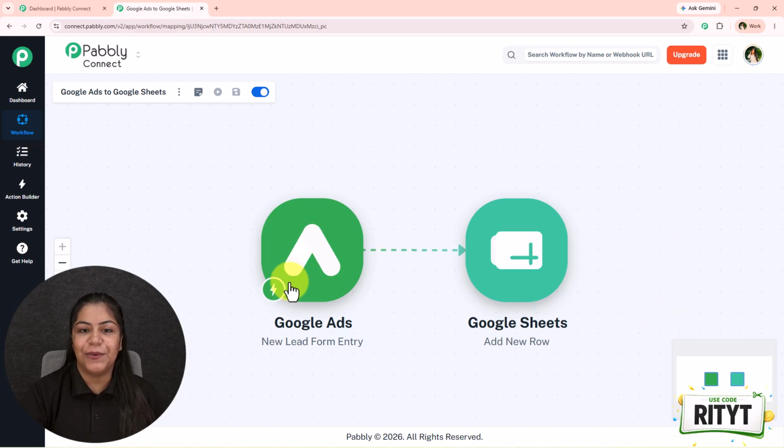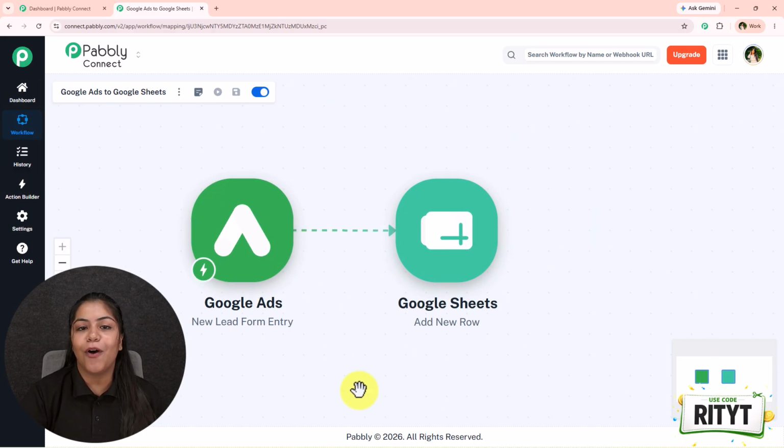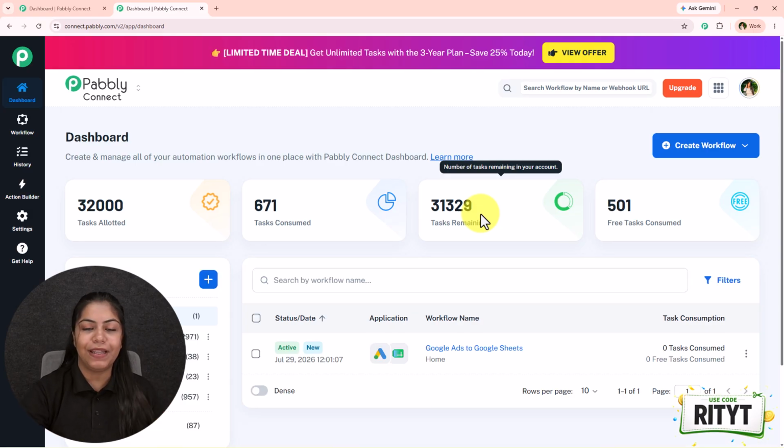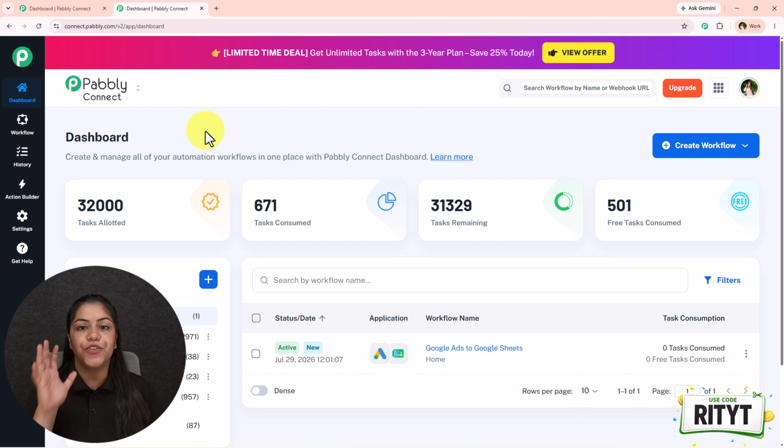So yes, hello all, welcome back to Pabbly, and in this video I'll show you how you can also build an entire workflow with just one prompt. And this was just a simple example. In this video I'll show you how we're going to build 7 to 8 steps of workflow with a simple prompt. So to do this, you just have to open your dashboard of Pabbly Connect